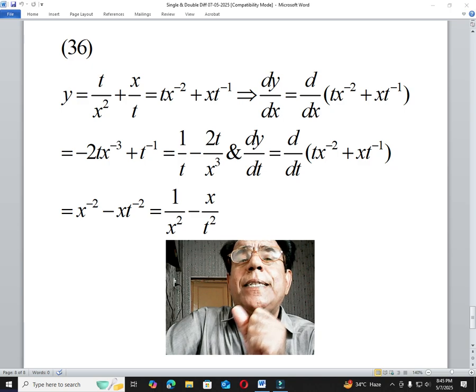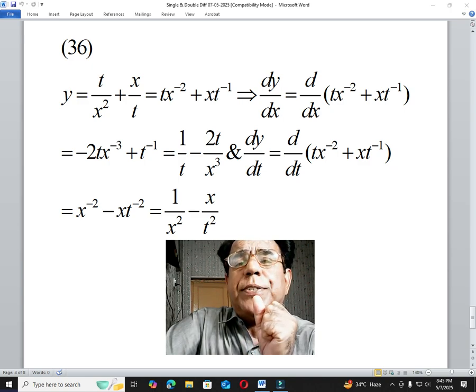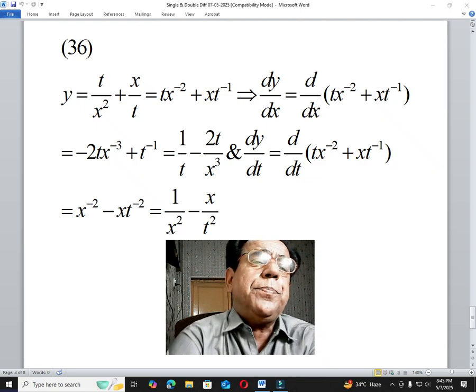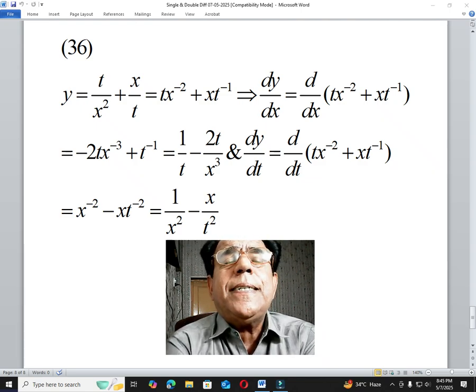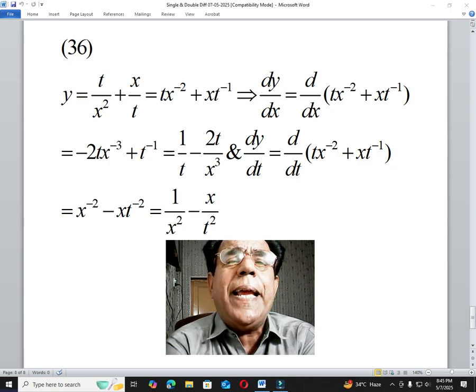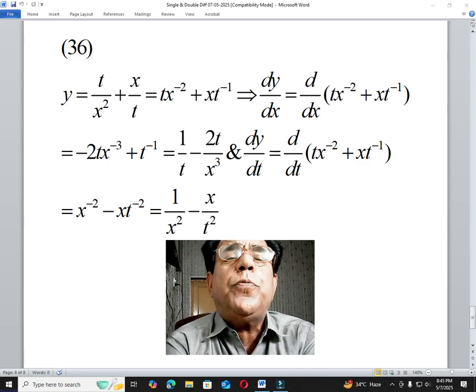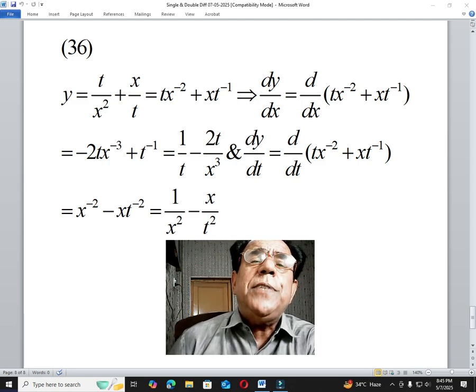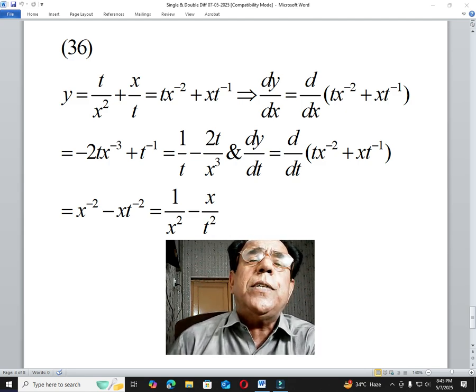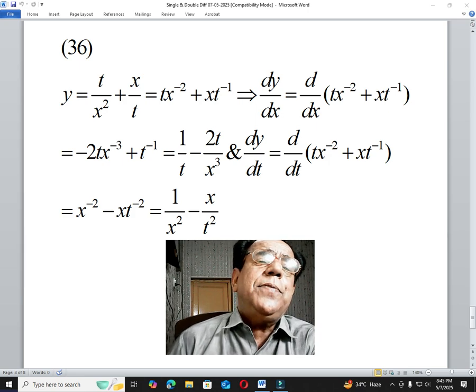So x factor will operate as a constant factor. Okay, so in the first part, x raised to power minus 2 will remain as it is, and in place of t we will get 1 or unity, because the derivative of t with respect to t is 1 or unity. Okay, that is why we have x raised to the power minus 2, and